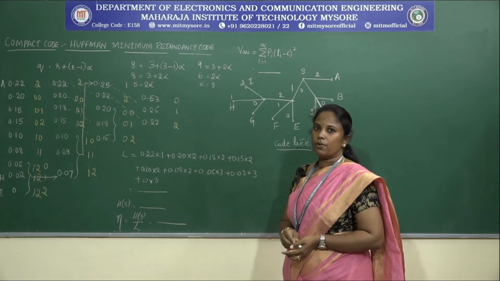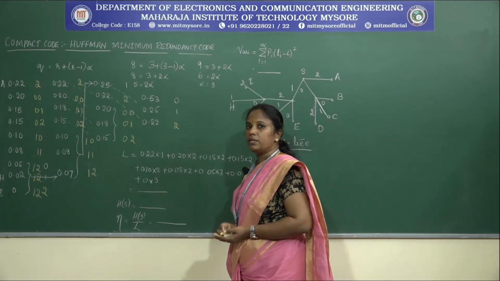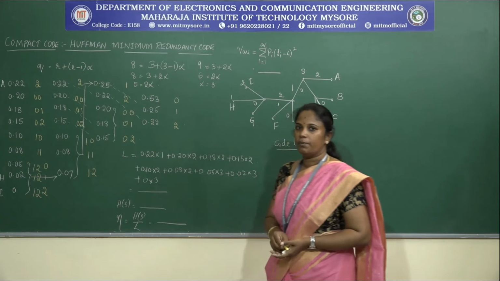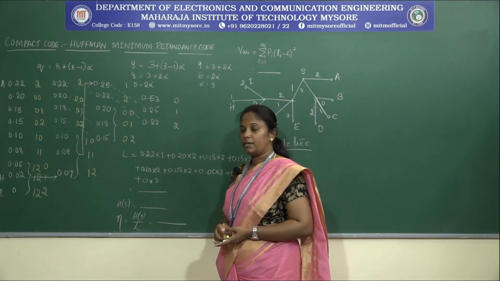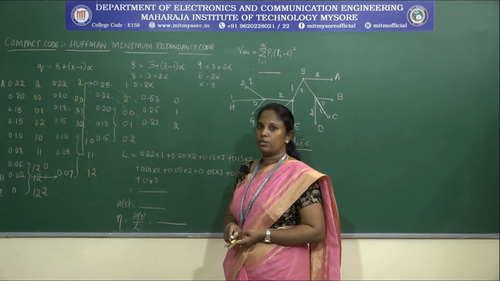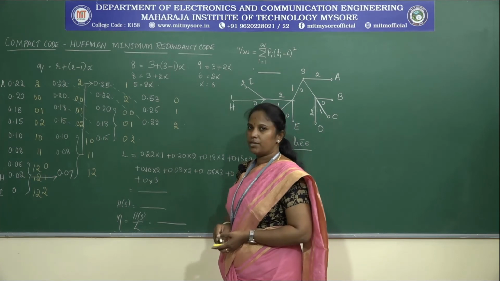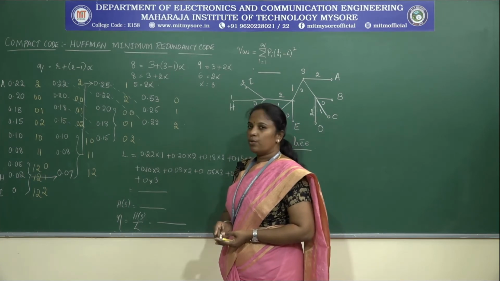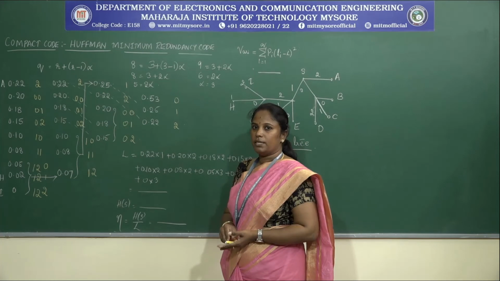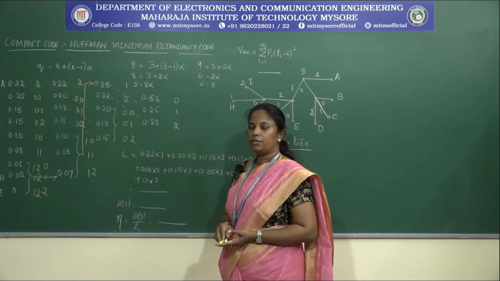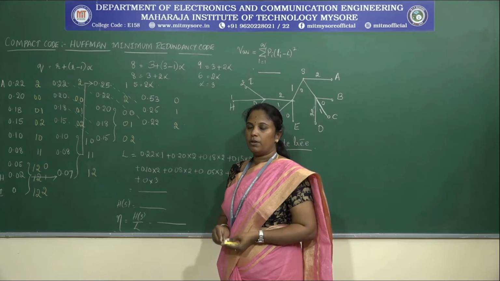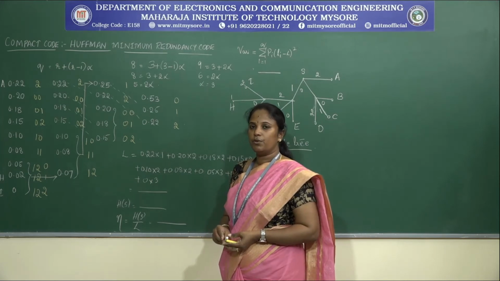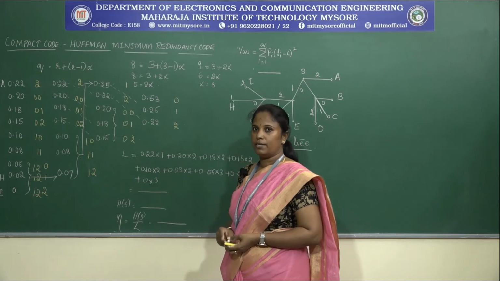Okay. So this is for your ternary. See, here in the problem they have not mentioned whether you have to perform as high as possible or as low as possible. If they have not mentioned anything, you can go for the as high as possible condition. But if they have already mentioned in the problem that you need to place the source symbol as low as possible or as high as possible, you need to go for the as high as possible condition as well as the as low as possible condition.